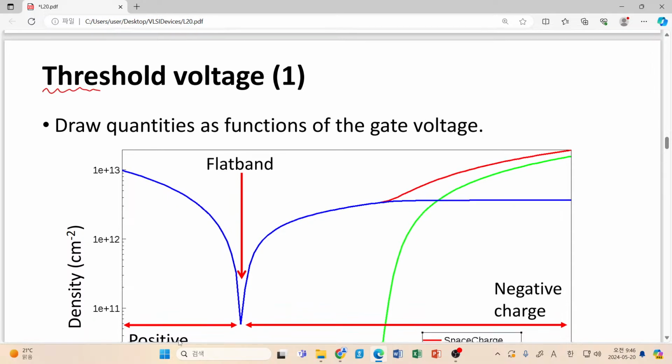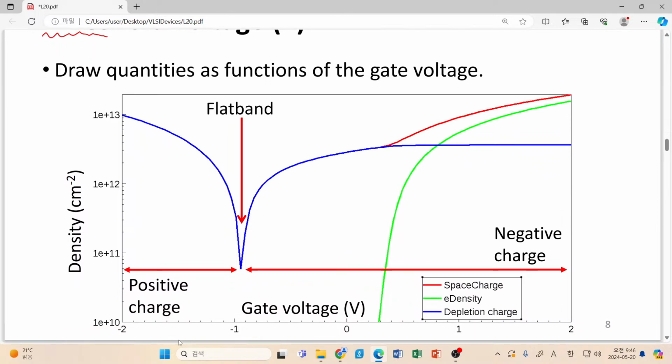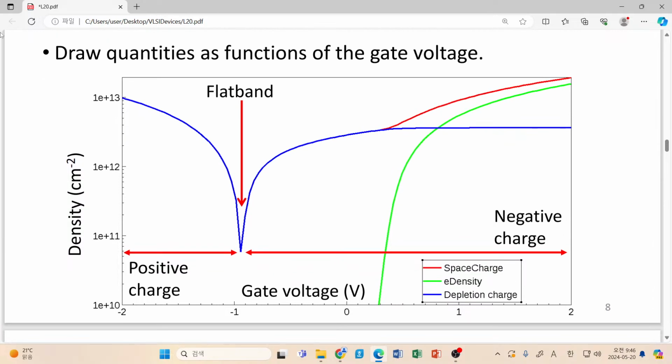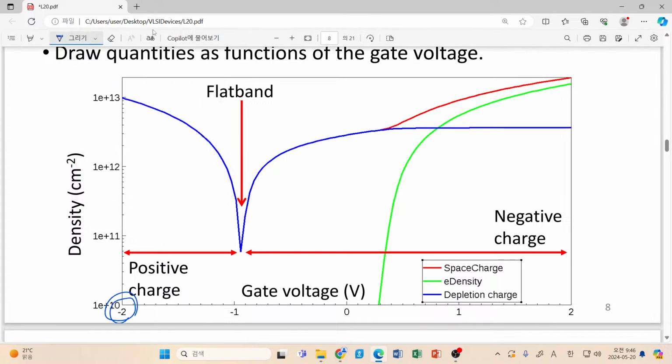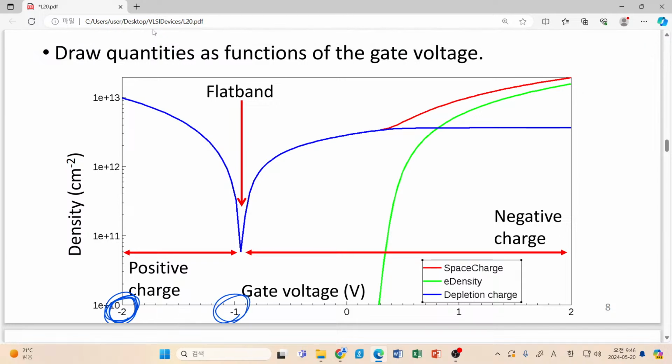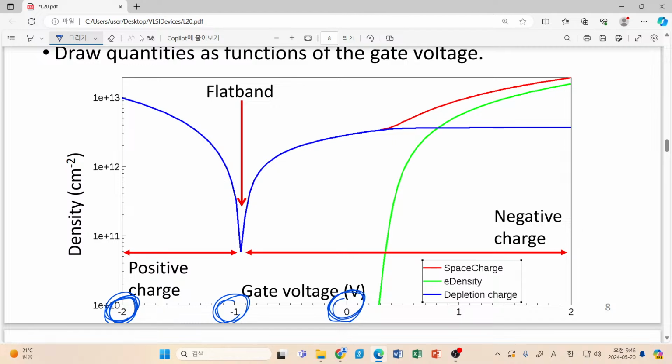One is the threshold voltage. So in this figure, I just draw certain quantities as functions of the gate voltage. Yes, it is just a collection of our previous 4 cases. So please think about this one. Yes, there was one case here, case 1, and there was another voltage corresponding to case 2, and what was the case 3? Yes, here we have case 3 and case 4. We had these 4 representative behaviors, and you know that